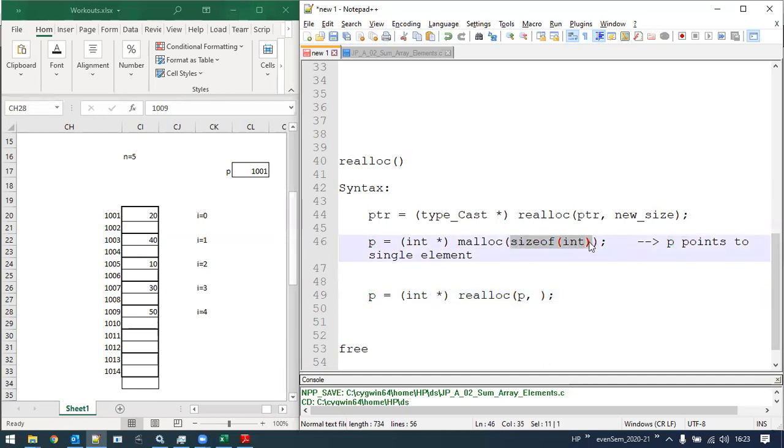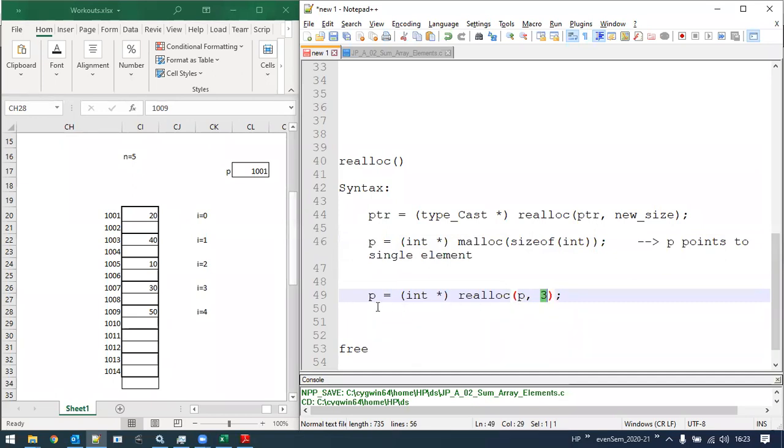Size of int. This was the original pointer, the size. Now I want to make the modification to the size, wherein instead of pointing it to only a single element, I want it to point to 3 more elements. In that case I can make a corresponding change here. So pointer p, the new size I will give as 3. When I give 3, it indicates that now this pointer, which was of type integer, containing integer values, can point not only to a single element, but to 3 different elements.